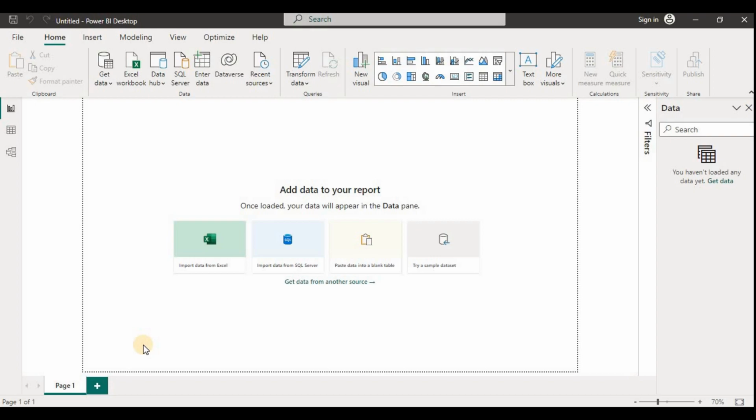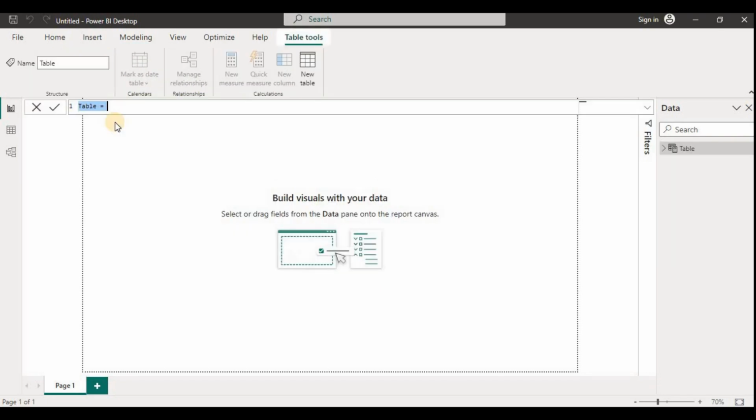So first, let's see how we can create a date table in Power BI by using the CALENDAR function. Go to Power BI Desktop and under the Modeling tab, click the option New Table. And then in the formula bar that appears, enter the DAX formula to create a date table. Let's give the table name as Date and we'll use the DAX function CALENDAR. When you type this function, you can see it's giving us the syntax, and also the functionality of the CALENDAR function, that it returns a date table between the dates provided from start date and